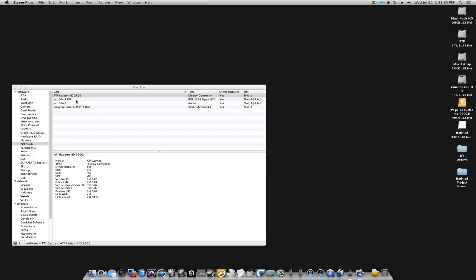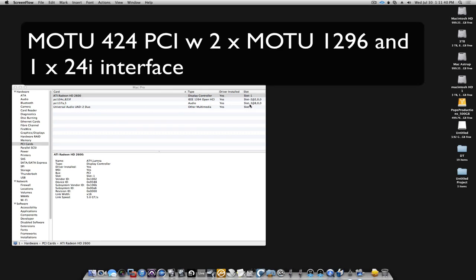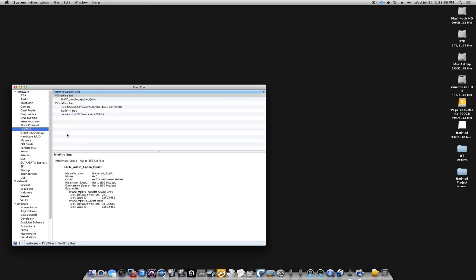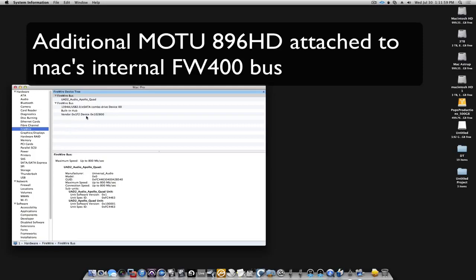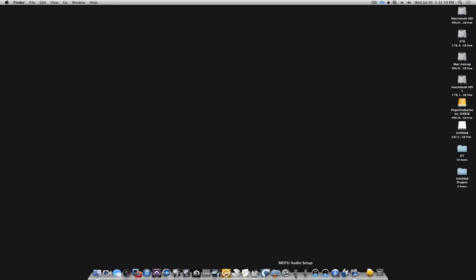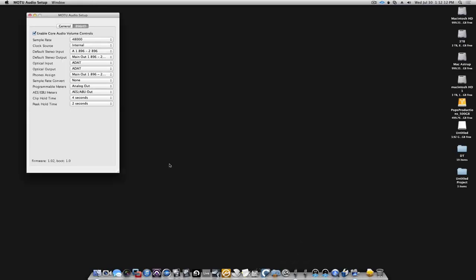allotted to the Apollo. And also for PCI, I have a MOTU 424 card here that hosts two MOTU 1296 interfaces and one 24i. And on top of that, if you look at the FireWire chain, we do have a MOTU 896AD sitting on the Mac's internal FireWire bus. That's FireWire 400. So let's go ahead and open up first the MOTU audio setup, and you can see we